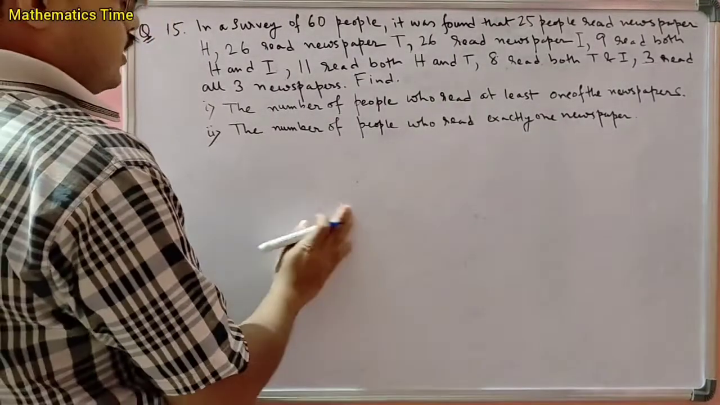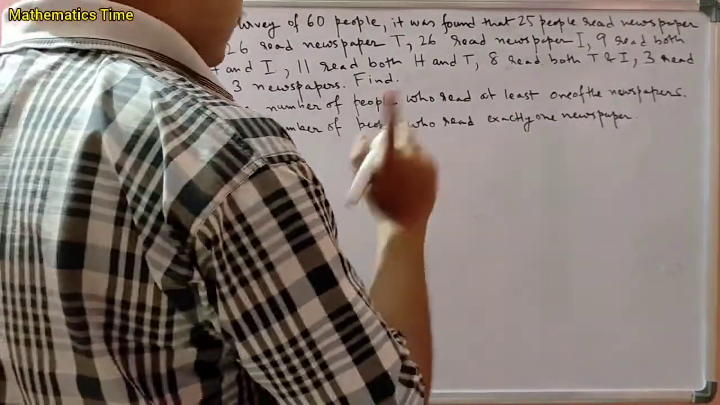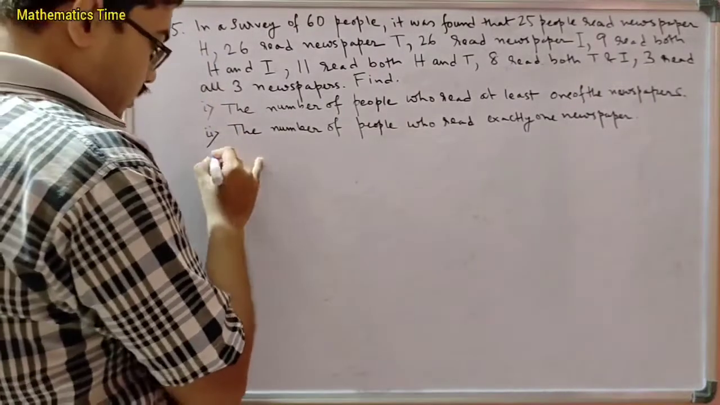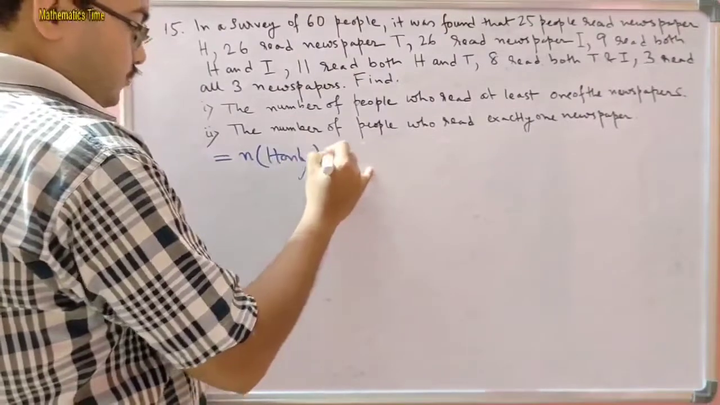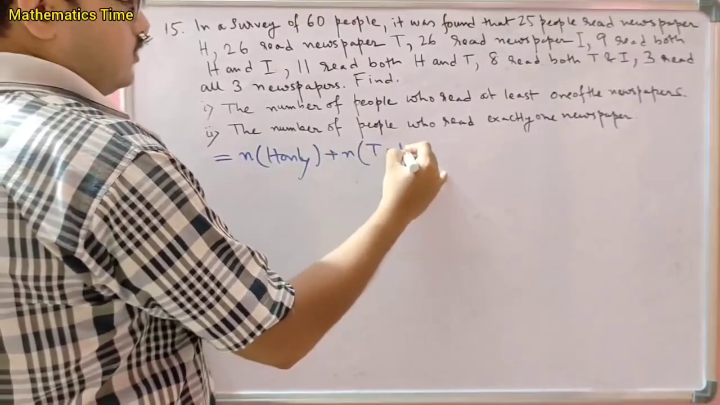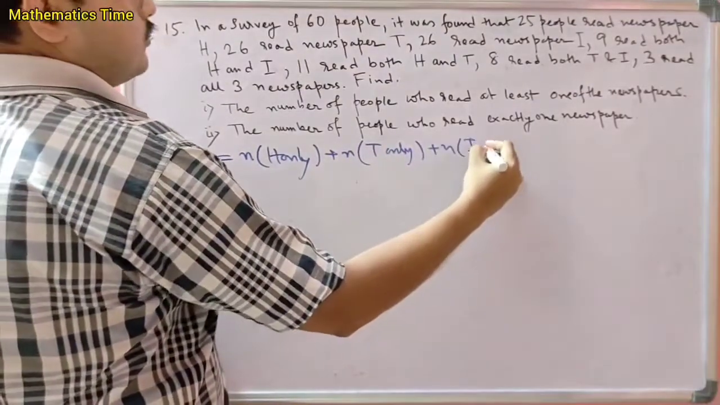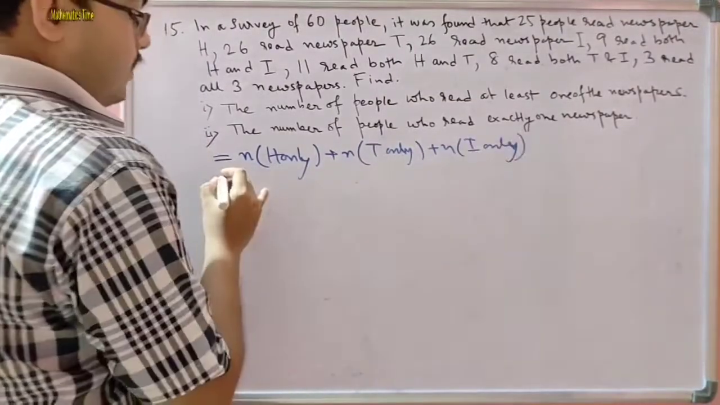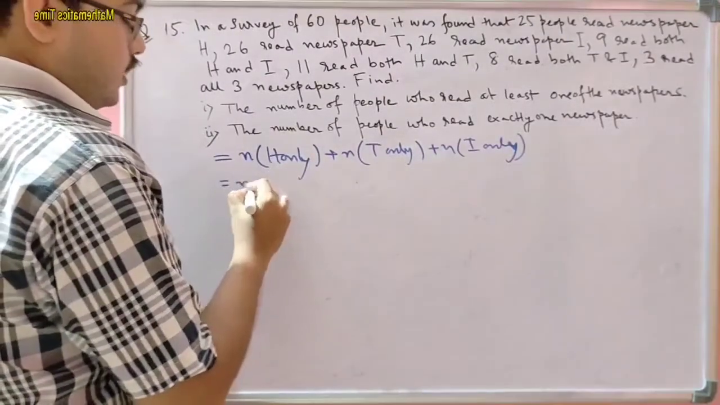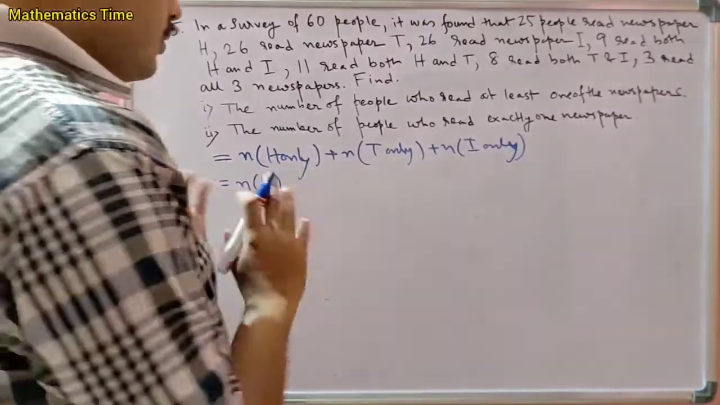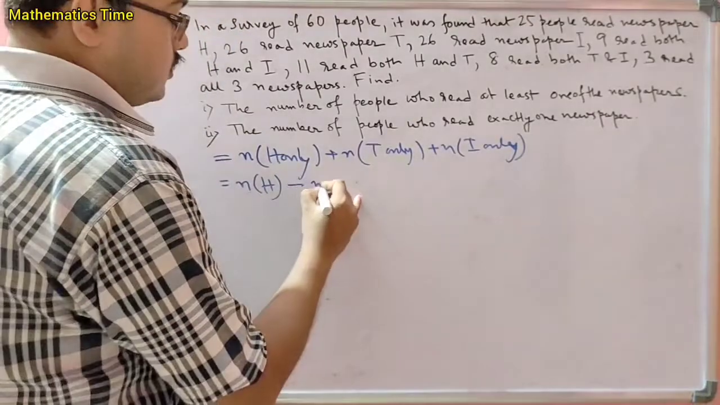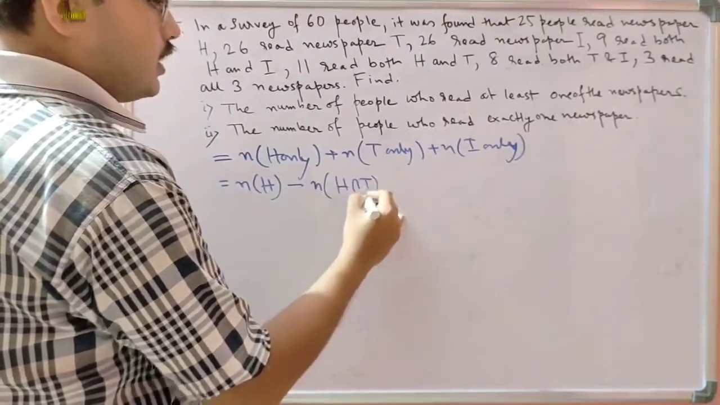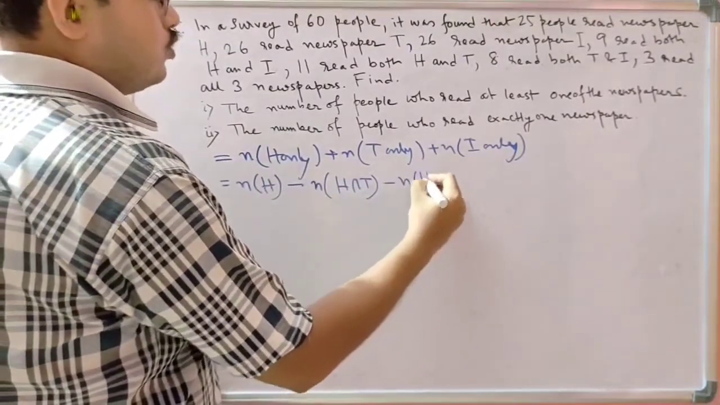So the second portion, we have to calculate the number of people who read exactly one newspaper, just one newspaper exactly, no other. So we have to calculate n H only, then n T only, then n I only. So n H only means n of H, the people who read H, minus the people who read H and T, minus the people who read H